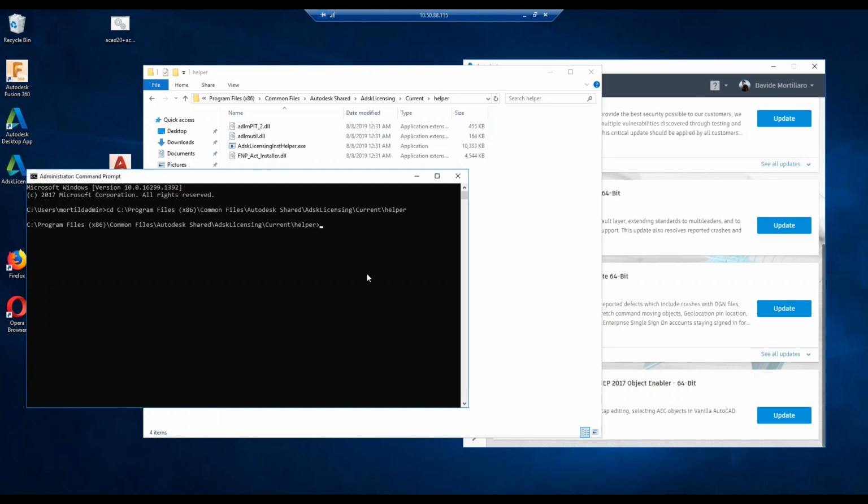And then the command we need to run depends on what we want to do. So usually if you want to just check if the licensing service is running and if the software is registered with the service, we need to type the command ADSK licensing install helper.exe, then list,